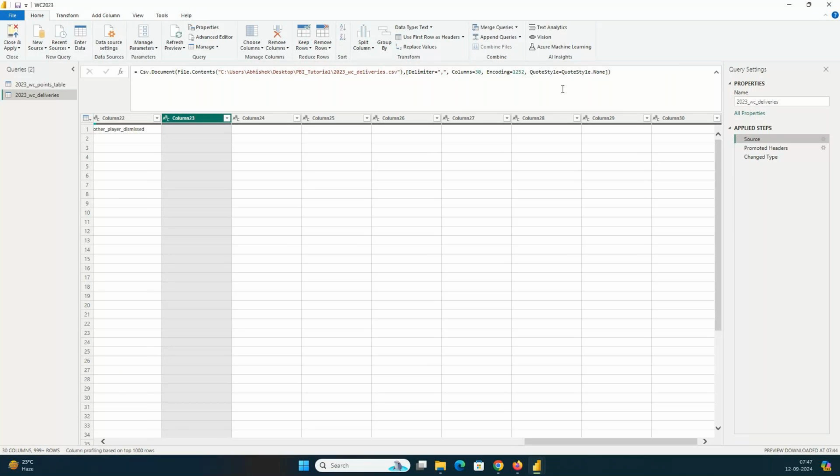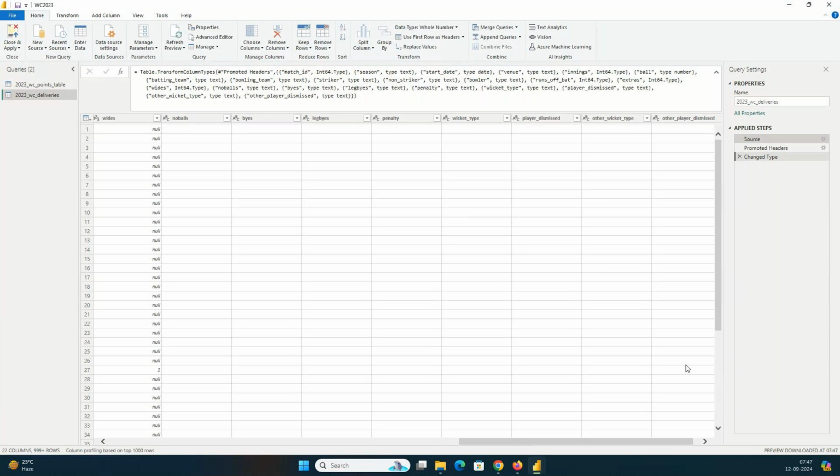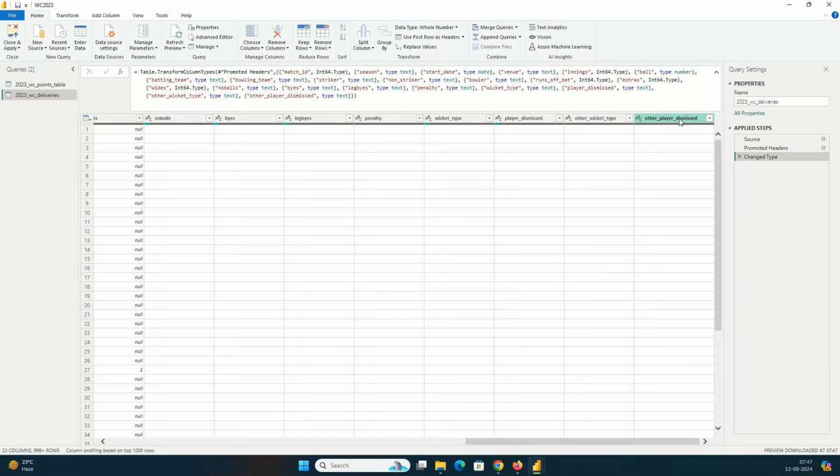So what I will do, I will go to my source, and I will remove these columns from here, so it is not hard coding any particular column number. Once I remove that, I click on the tick mark. See at the last, in change type, you don't have any extra columns. Now if in your source file you add any extra column, that extra column also will start to